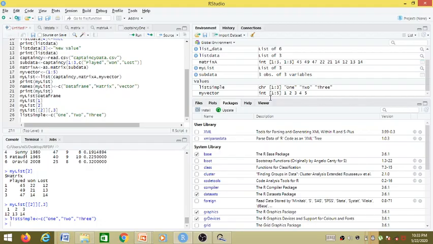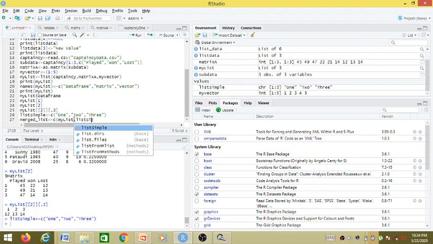So if we go back, let us create a new list named merged underscore list, and to this we are providing the already created my list and list simple as values.